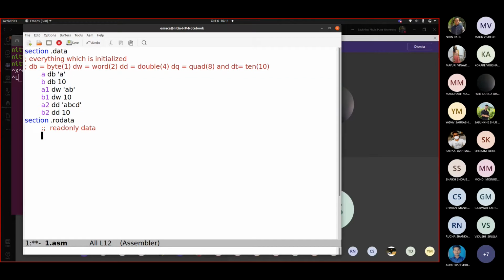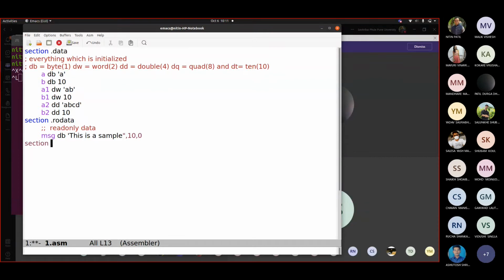You give a message, so you simply write db, because you are writing some constant, read-only data, which cannot be manipulated. You can use either of these for representation of this read-only data too, so the definition mechanism would be similar. The only thing is that the data section can be manipulated, while this can only be read. You cannot modify these things. So this is a sample.